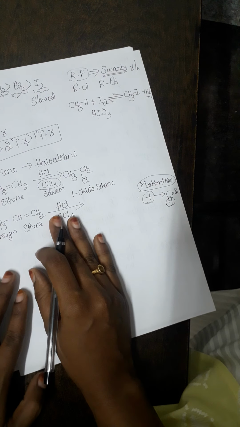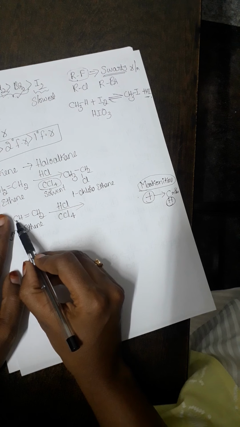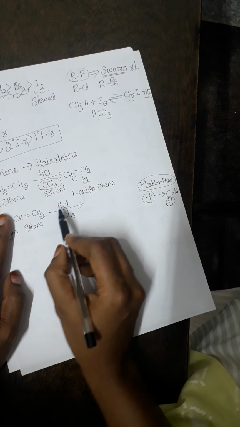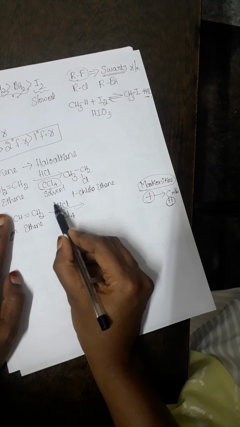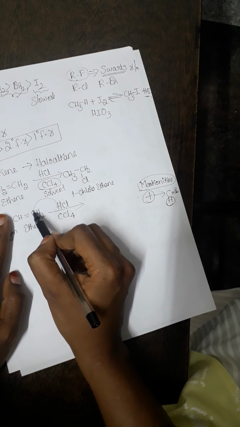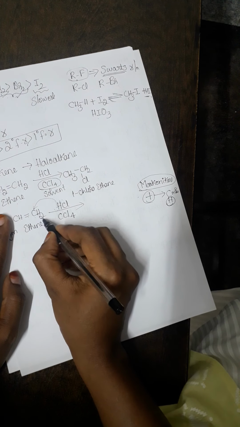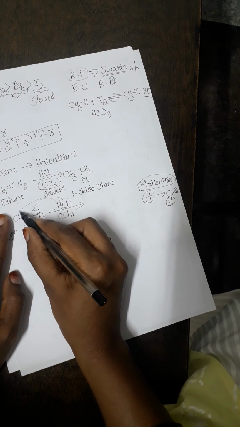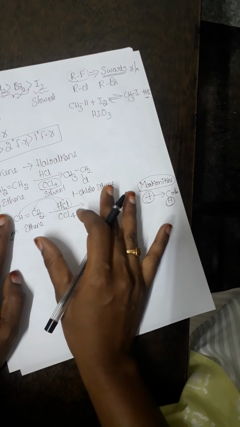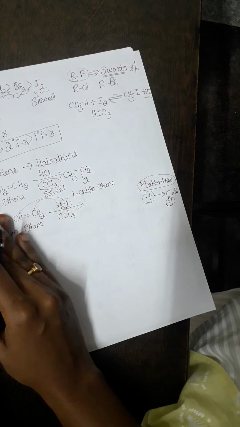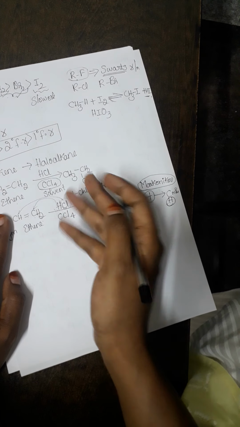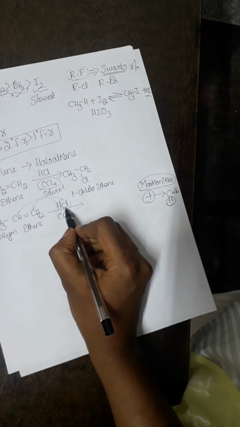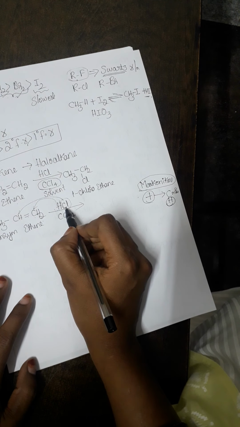So now let us look here. You can see the carbon-carbon double bond. I hope you know addition will happen only across the multiple bond. So here hydrogen, the positive part, will attack the carbon which has more hydrogen. On the other hand, the halogen, the anionic part, will attack the adjacent carbon. This is the rule which we have to obey when we have an unsymmetrical alkene reacting with an unsymmetrical reagent. This is also called unsymmetrical because on one side we have hydrogen and on the other side we have a chlorine atom. Got my point?